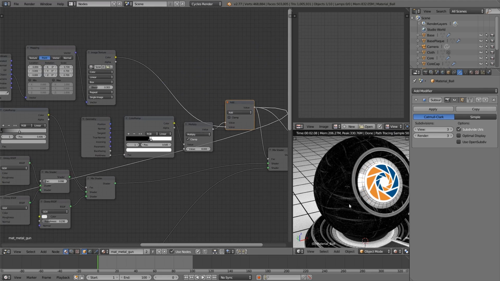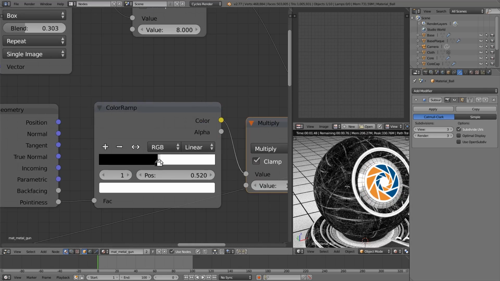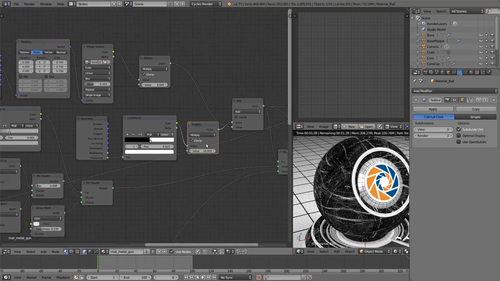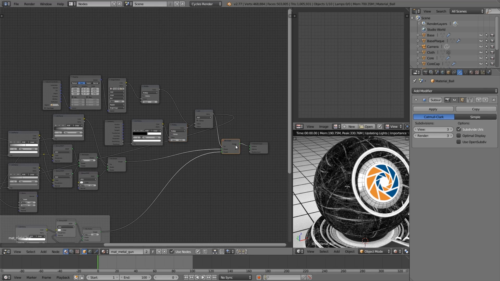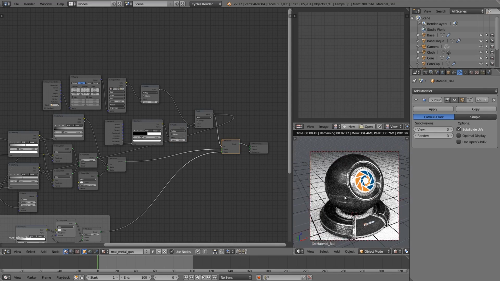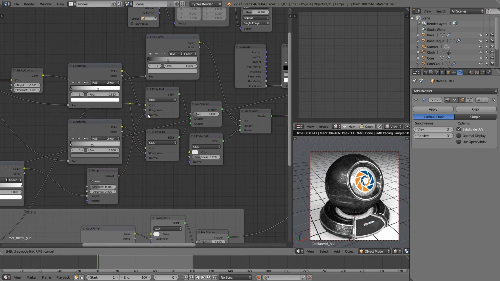I think part of the problem is our scratches aren't quite white enough. So I'm going to duplicate this multiply node so we can just make those stand out a little bit more, like so, because we really want all these scratches to be white, so it's mixing in pretty much all of the chrome in those areas. There we go, that's showing up a bit better. Yeah, that's probably a bit too much. Get the idea though. So now when we reconnect our normals here,